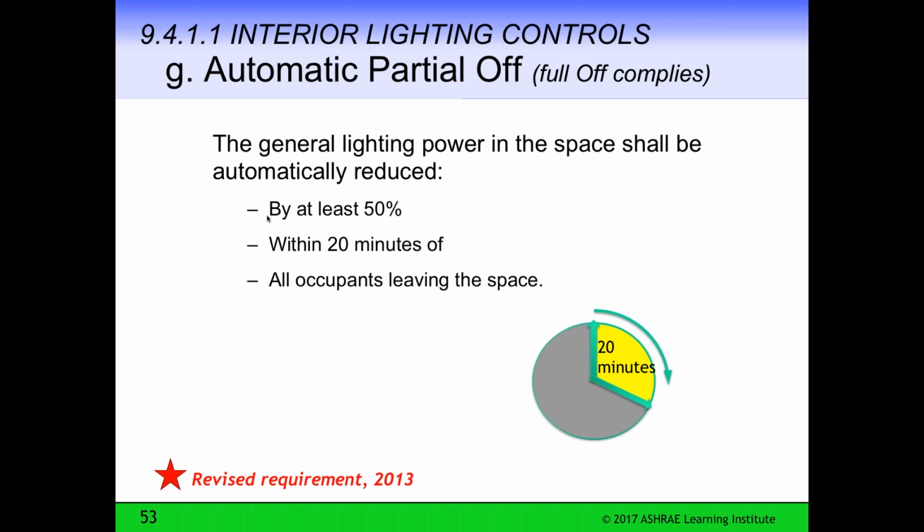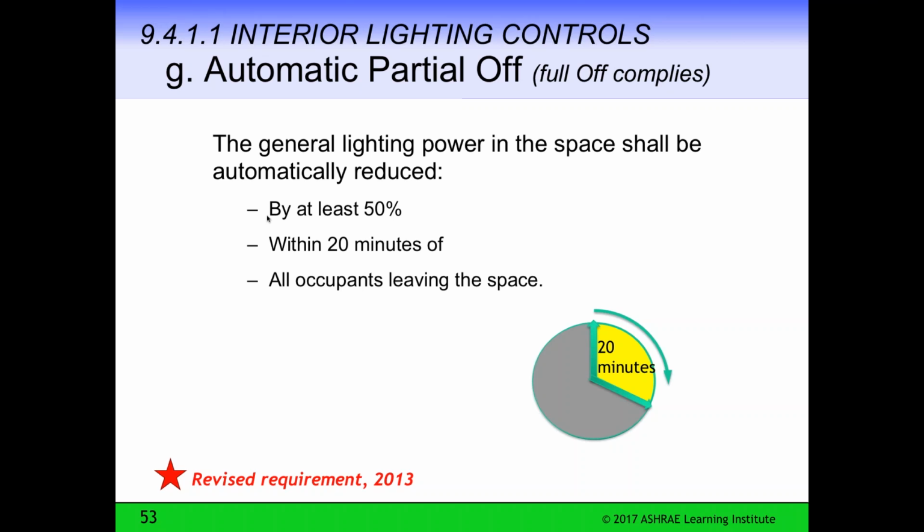So if we're in a large conference room or a training facility where we have a break for lunch or whatever, and we have 20 people in there or 22 people, and everybody leaves the space, 20 minutes later, 50% of the lights go off automatically.